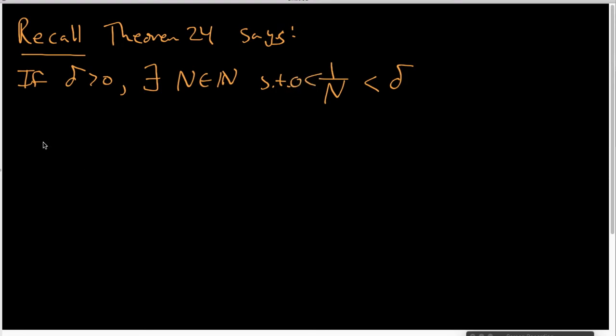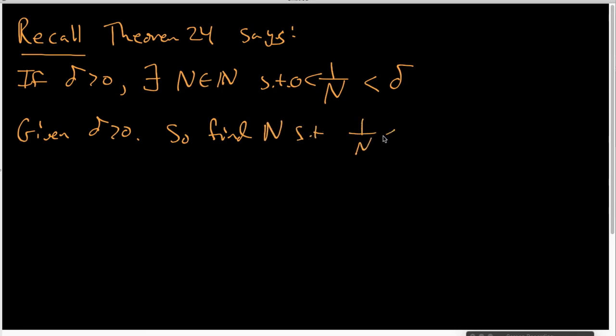And that's all I need to finish this proof off. We have already been given a delta bigger than 0, so we find a capital N such that 1 over N is less than that delta. Then I make the claim